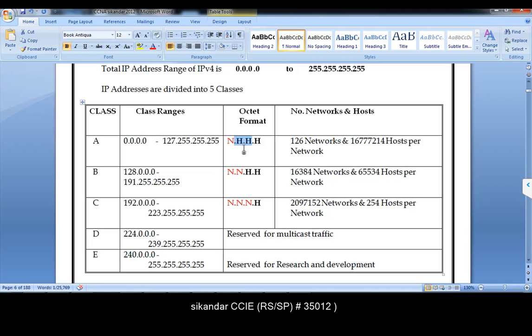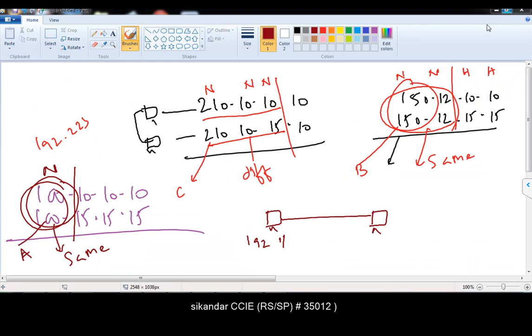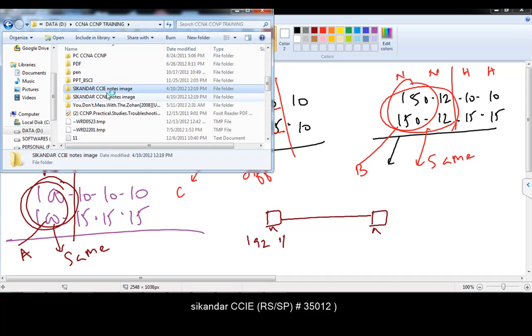And the second thing we need to understand is to remember the different portions we have. In A class there is one network portion and three host portions. In B class there are two network and two host portions, and in C class we have three network portions and one host portion. So once we have some understanding of these things,